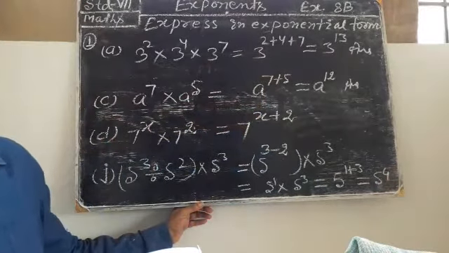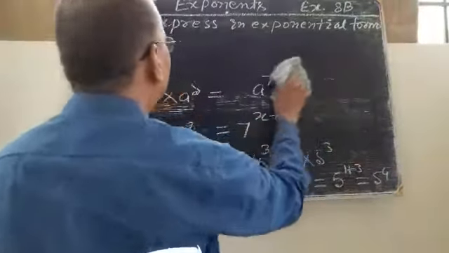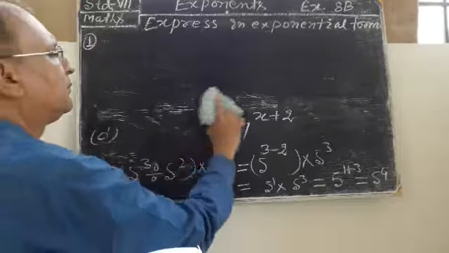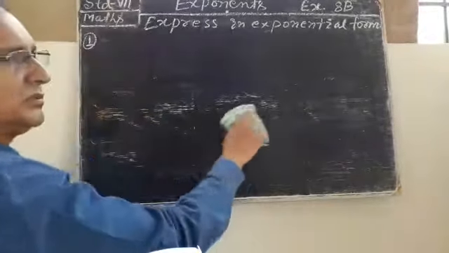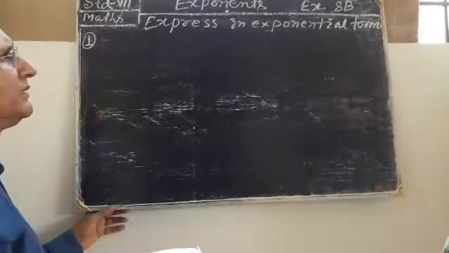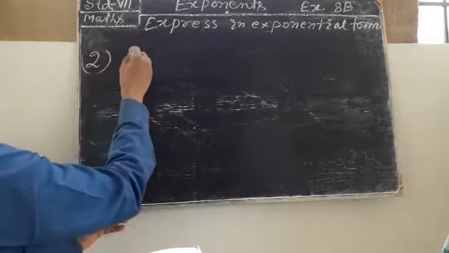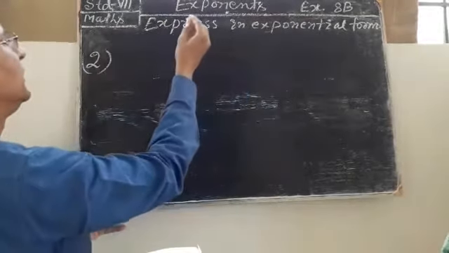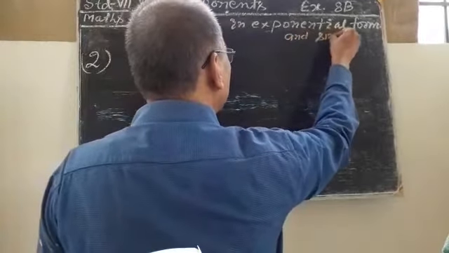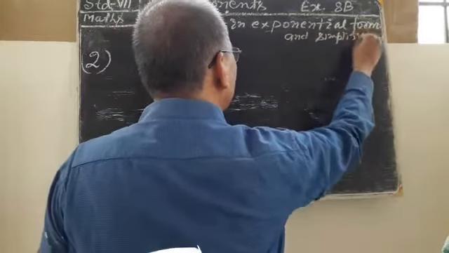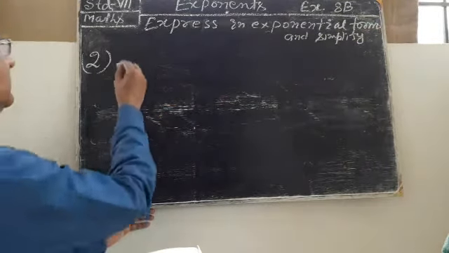The second problem is question number 2. The second one is express and simplify also. In the first one it was only to express in exponential form. Question number 2 is express in the exponential form and simplify. So the question number 2a is